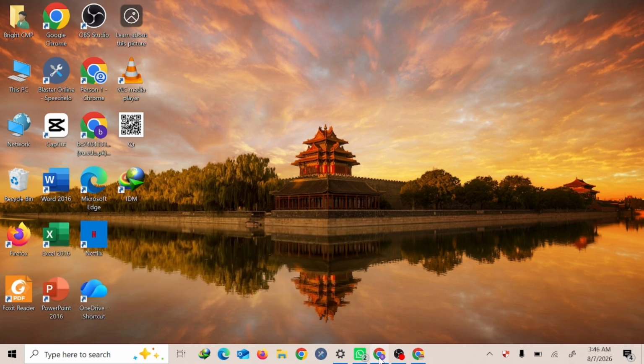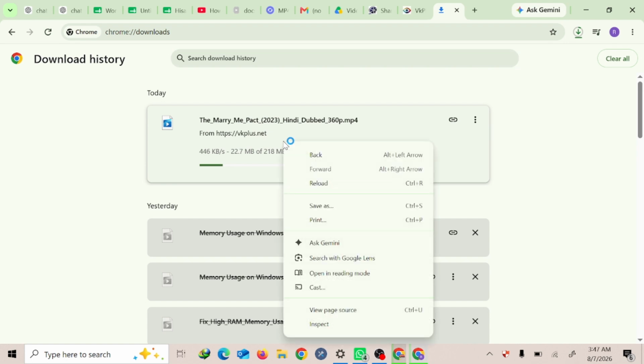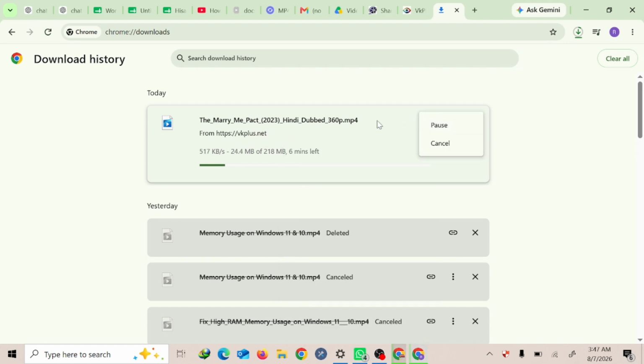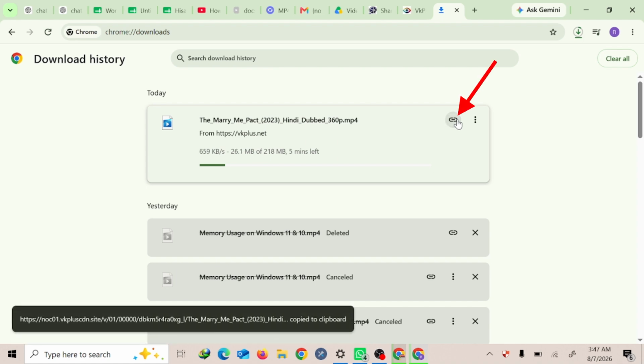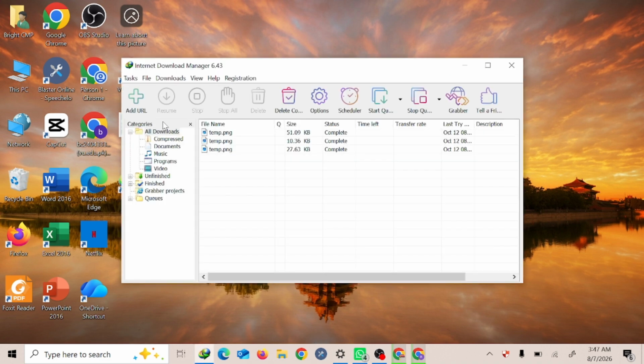Let's get started. First, open Google Chrome and go to the download page of the file or video you want to download. Once you're on the download page, copy the direct download link by clicking the Copy Link button or copying the URL. After copying the link, go back to your desktop and open Internet Download Manager, also known as